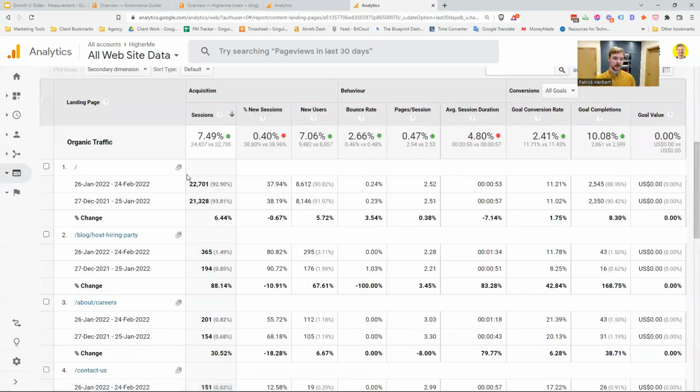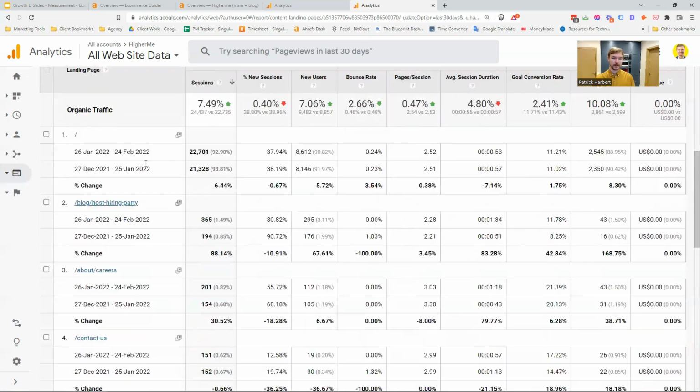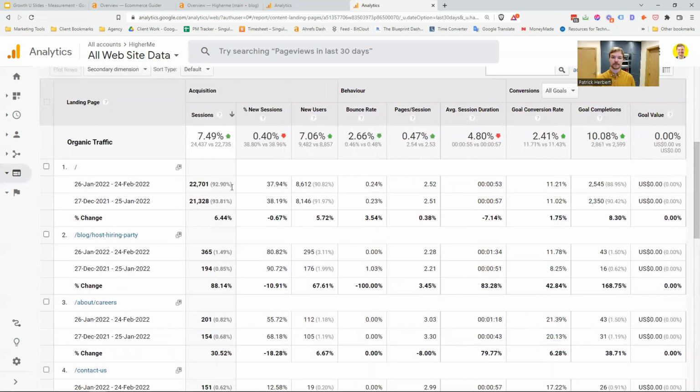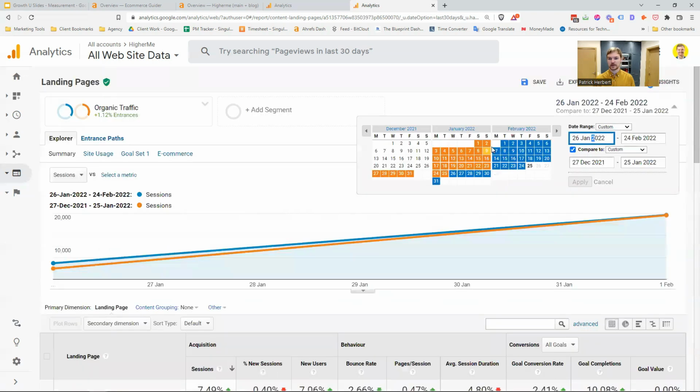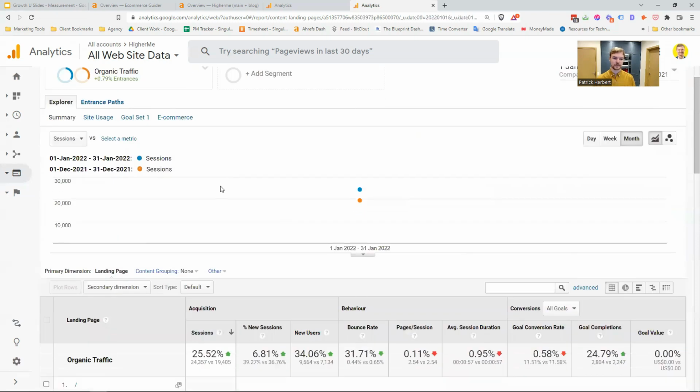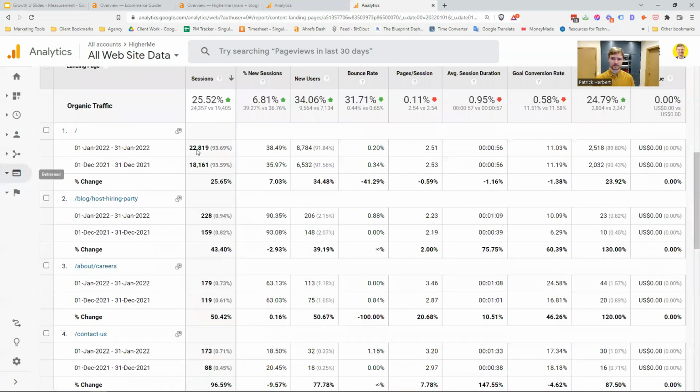So you want to say, okay, I can see here that the homepage generates the most landing page traffic so far. The number of goal completions, so maybe that's form submissions, demos, whatever, 2,545. We're up 8.30% on the last 30 days versus the previous period. I meant to do January, I apologize, versus the previous period. There we go. All of January, all of February, December, sorry. Right, so you can see here,